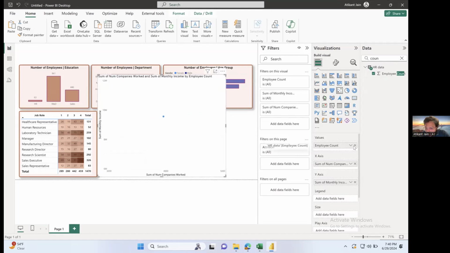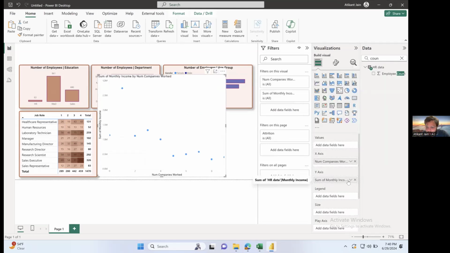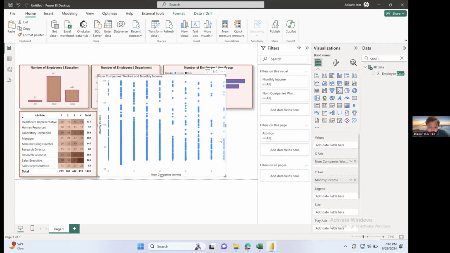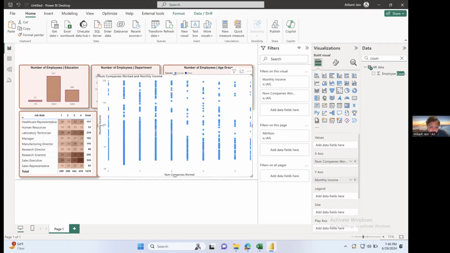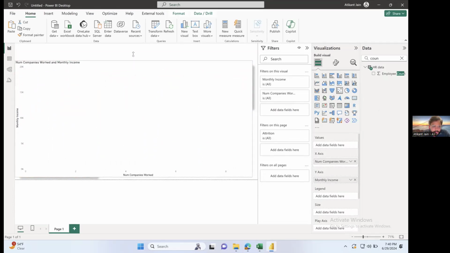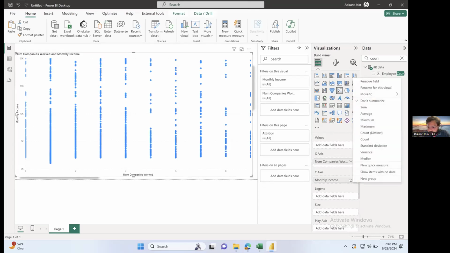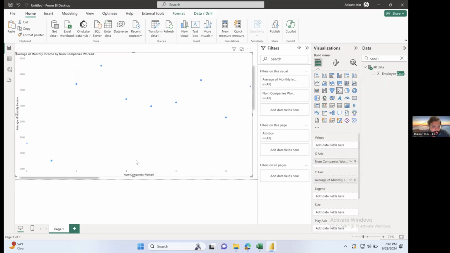So it should not be like this. Yes. If I see here, my total number of companies worked is 0 to 9, which is perfect. Now I am seeing all the incomes, but let's say I want for average. Yeah. So now if you see